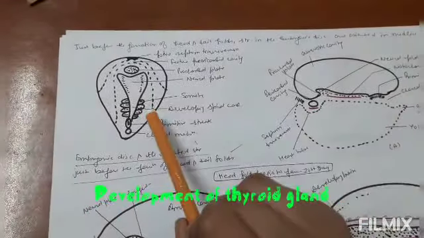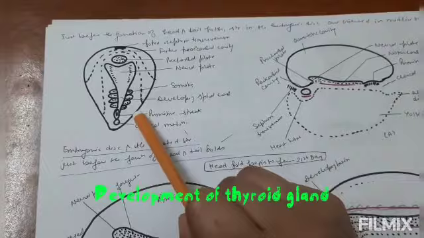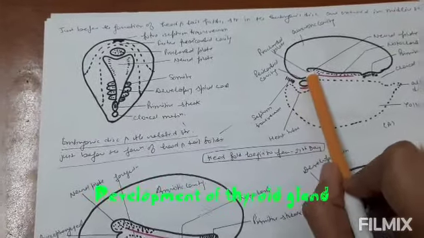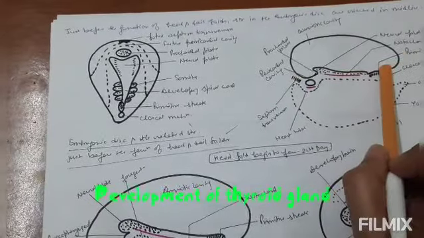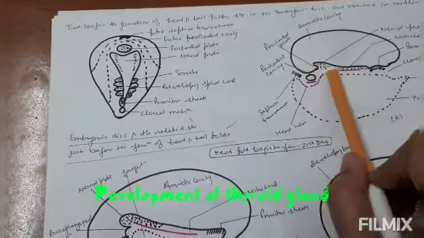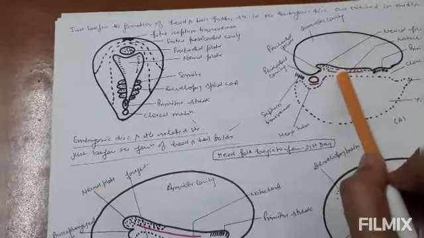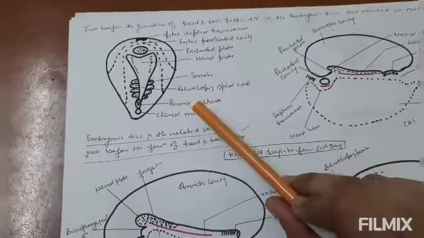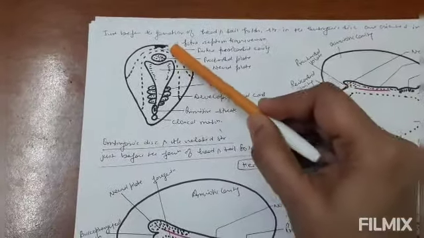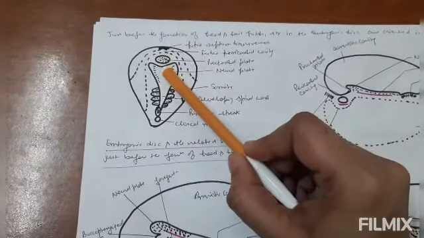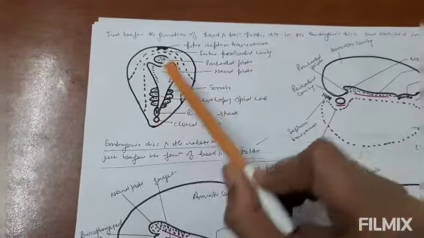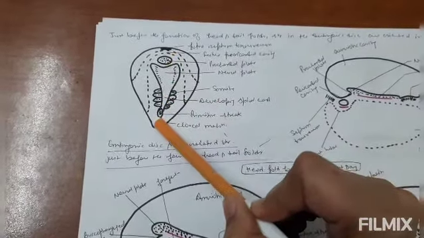Okay. Now what happens before the formation of head and tail fold? Here we can see there is already development of head fold and the tail fold, and this occurs at the age of the 21st day of the intrauterine life. So before the 21st day of intrauterine life, we can see the orientation of the developing procaudal plate, neural plate, and primitive streak, they are occurring along the midline.